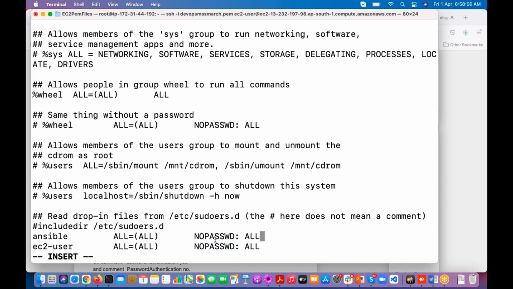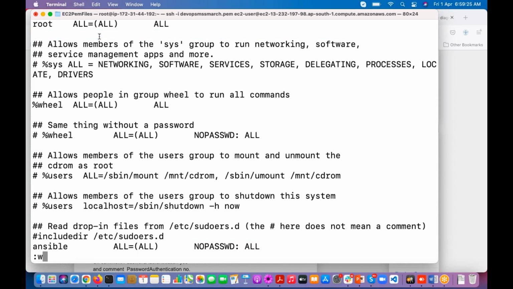This means you don't need a password to switch to another user. Do you remember when we switch from ec2-user to root user, with sudo su -, is it asking for a password? No, because of this. Save it, guys.